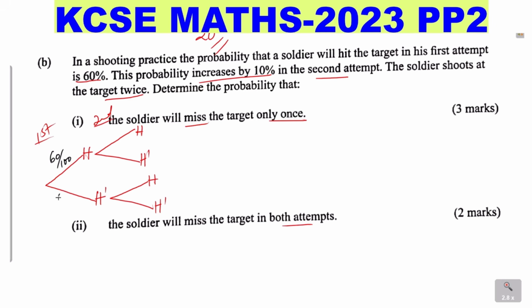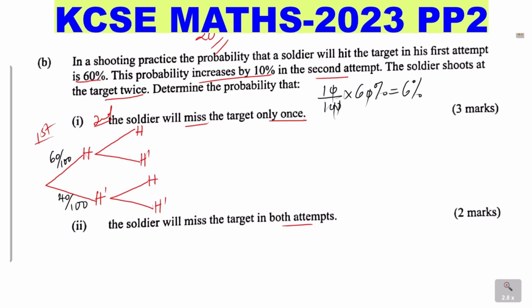So missing the target will be 40%, 40 over 100. But in the second attempt, the probability of hitting the target increases by 10%. So how do we get that? It increases by 10%. So there are 2 ways of doing this. If it increases by 10%, what is that increase? 10%, which is 10 over 100, times 60%. So we see what is the increase in the percentage, and this will give an increase of